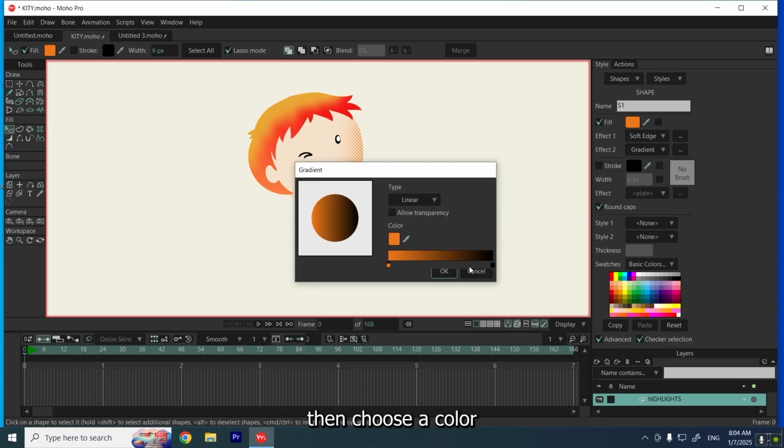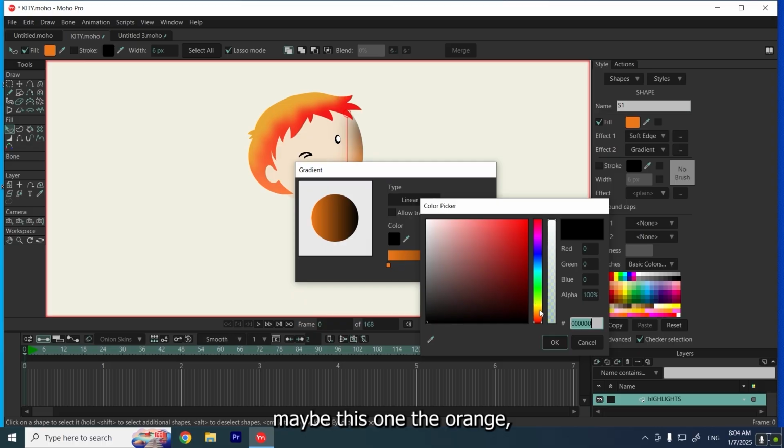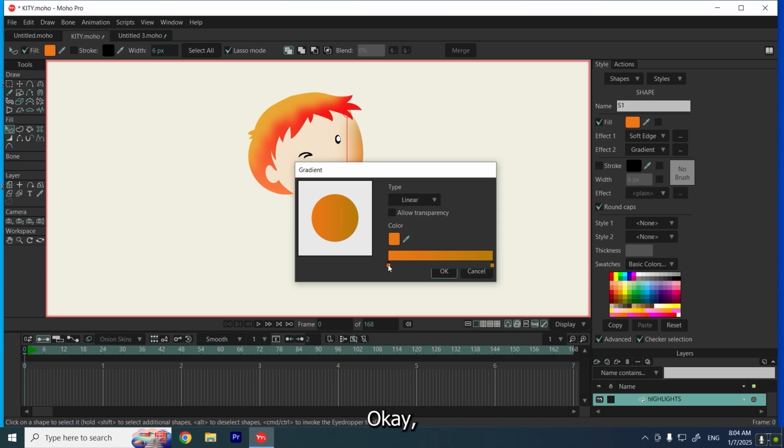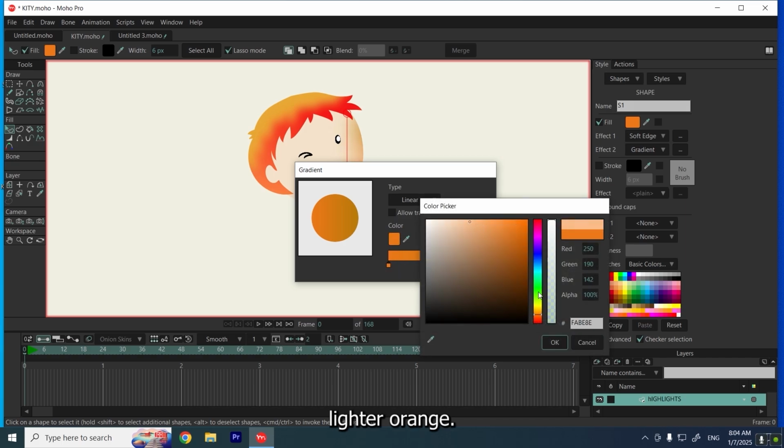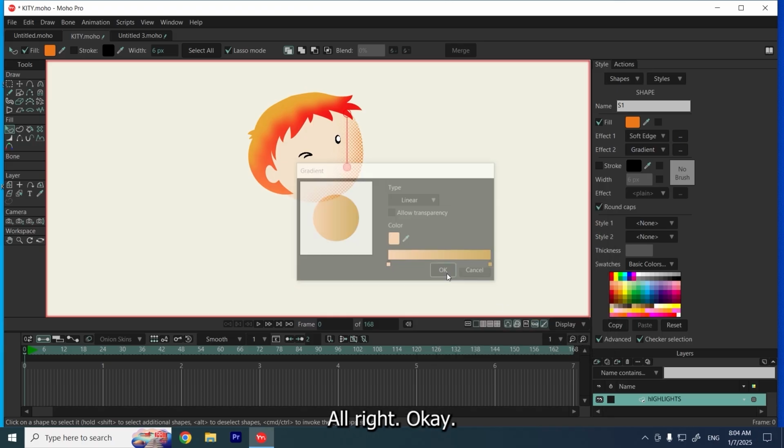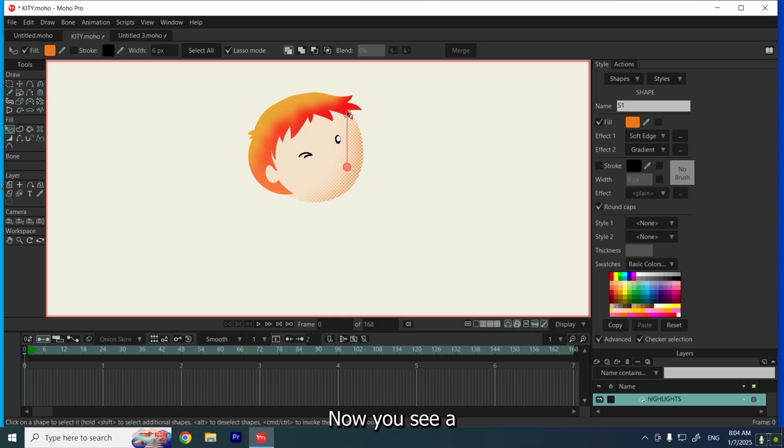You choose your color, maybe this one, orange, darker orange. Okay, this one, lighter orange. Alright, okay, now you see it's a slider, I think, or what do you call this? Choose this select shape, and you can